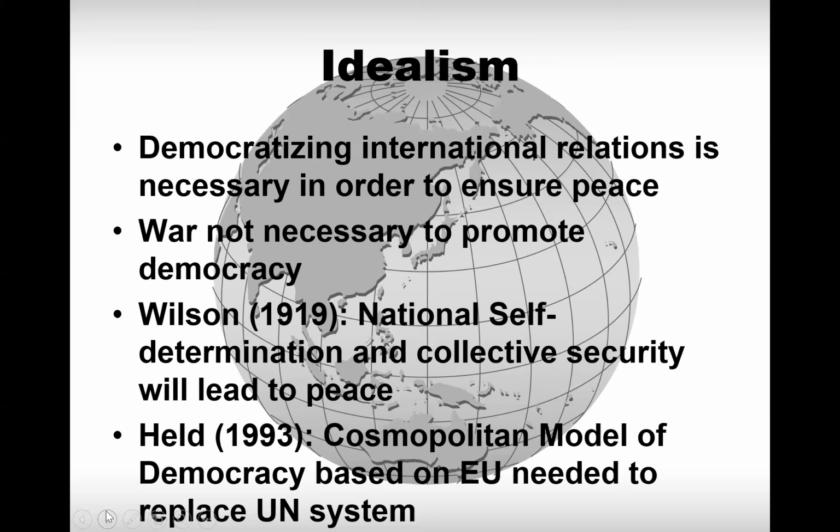So ideas of a cosmopolitan model of democracy would be that you have various forms of government. Local government should be democratic, democratic at the level of a nation state, and then you should have international or regional levels of governance. So regional and also international levels of government, which are based on notions of democracy and of liberal democracy.